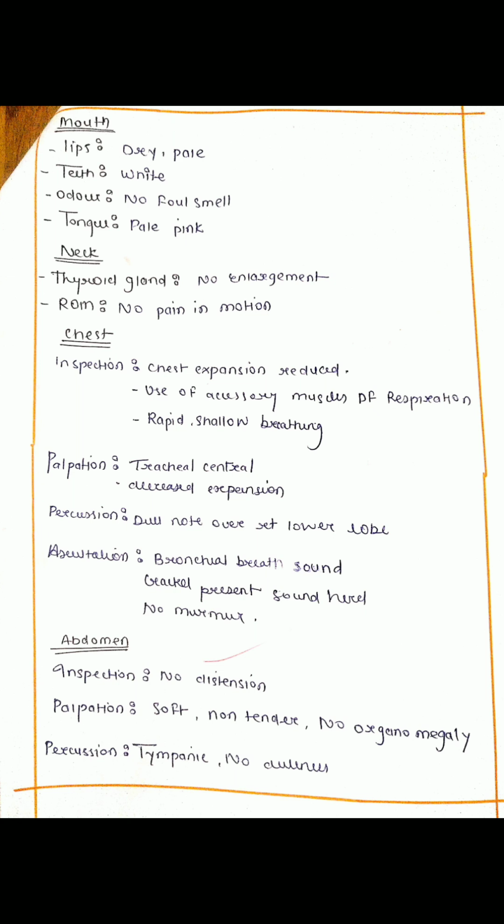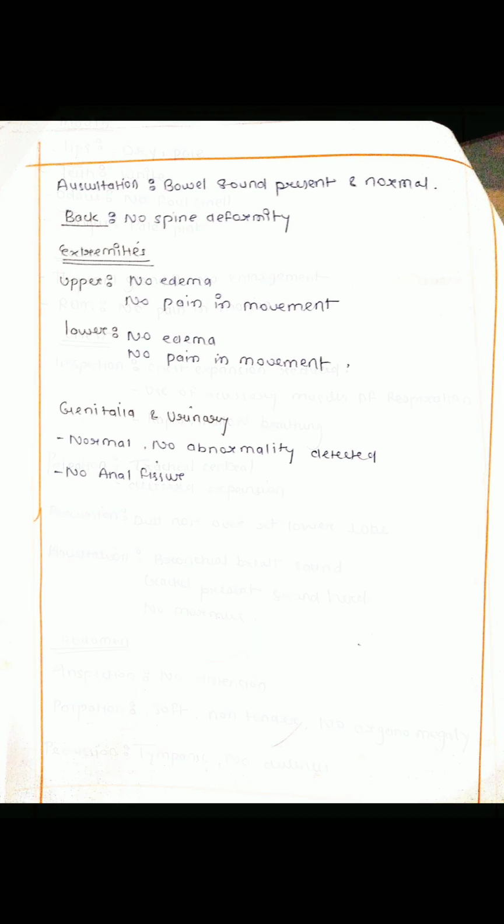Then chest: we will see the expansion of the chest, and whether the accessory muscles are used or not. Then breathing pattern, breathing sounds, etc. And then comes the abdomen, in which we will see inspection, palpation, percussion, and auscultation. And then last comes the back: if there is a spine deformity, calluses, or anything like that. Then extremities: if there is edema, pain, or swelling. In genitalia: if there is discharge, infection, hemorrhage, anal fissure, or